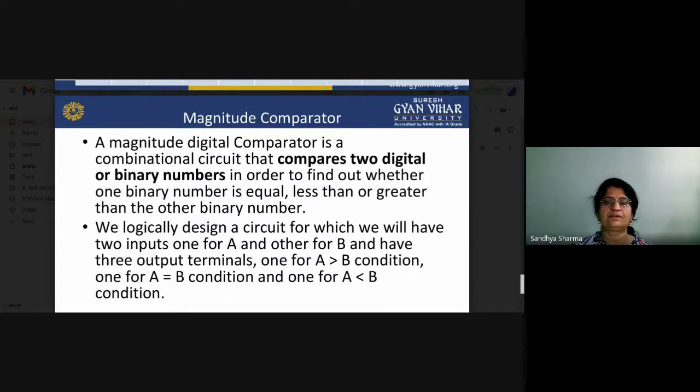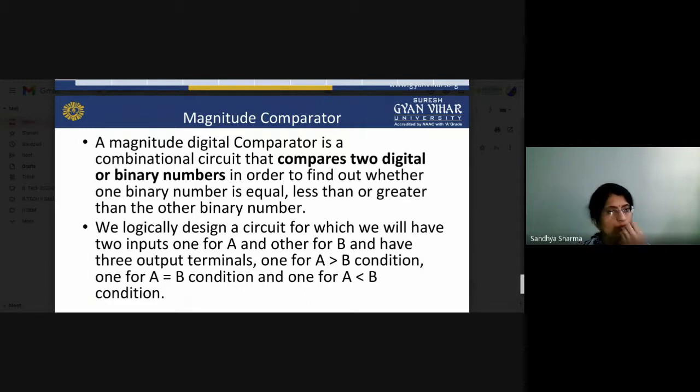Now the magnitude comparator. A magnitude digital comparator is a combinational circuit that compares two digital or binary numbers in order to find out whether one number is greater than, equal to, or less than the other. So we logically design a circuit.